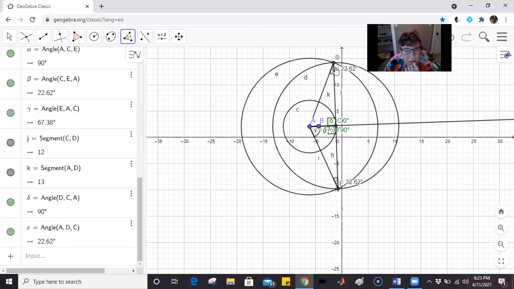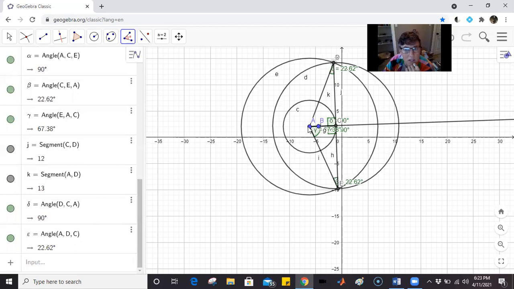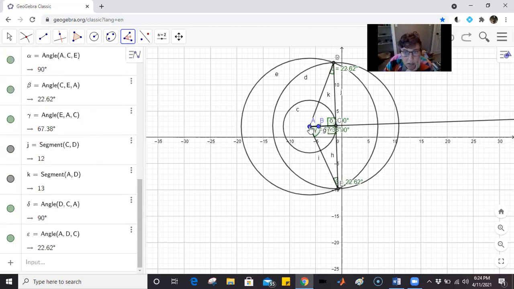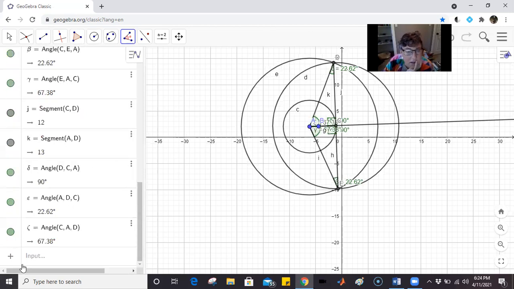And I need this angle up here. Let's see if I can go in the right direction this time. Nope, I still went in the wrong direction. Try again. So C to A to D. That's also 67.38 degrees. So these two triangles, I made them such that they have the same side lengths and their angles